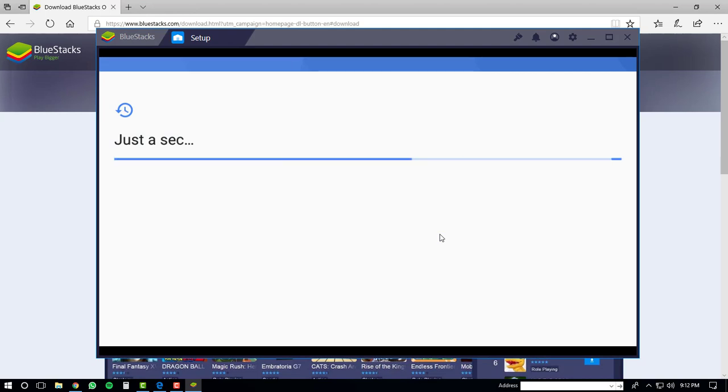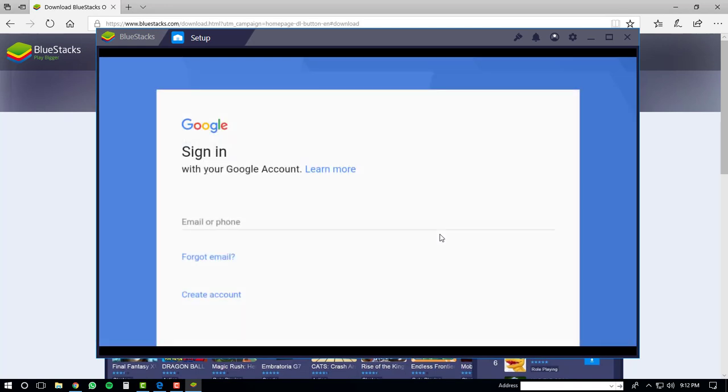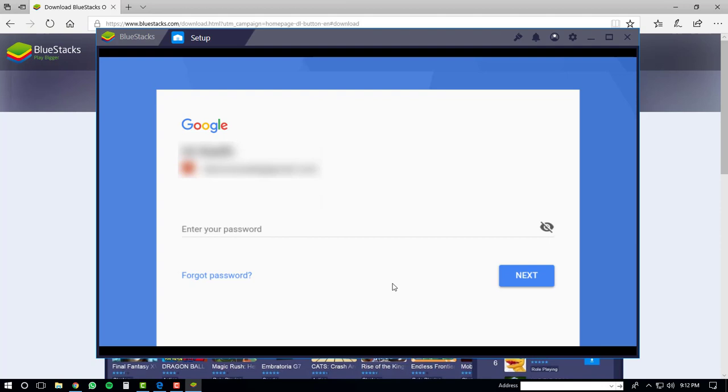A couple other tasks will be performed in the background. And then you'll have to sign in to your Google account. I'm going to do that now. Once you've typed in your email or phone, you'll click the next button, and you will then type in your password. After that, you'll click the next button again,